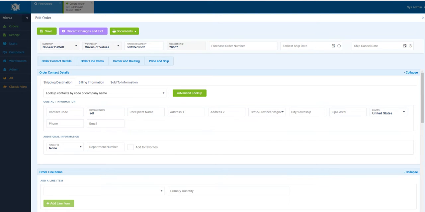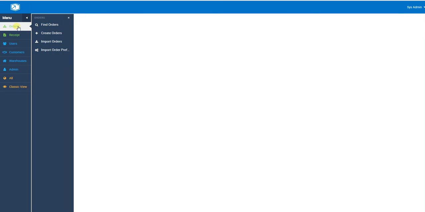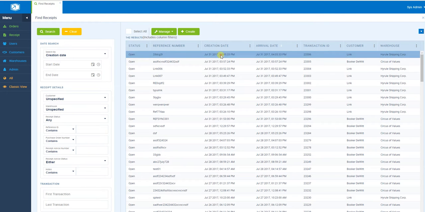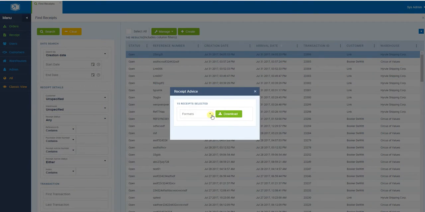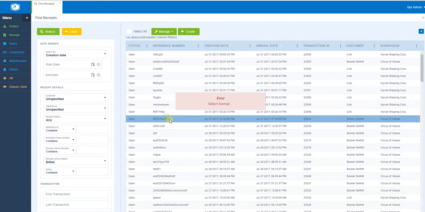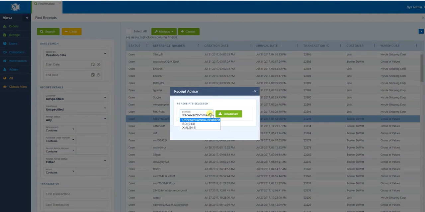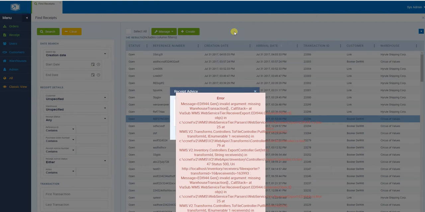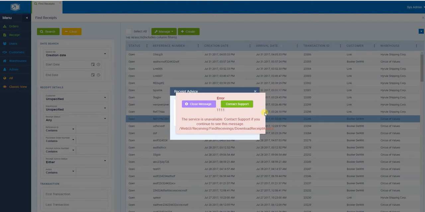So I'm trying to get rid of that. Yes, correct. But when we do get an error, I think if we do on receipts, we can do find receipts. I think receipt advice, we can do it. APIs, inventory. Okay, let's find one that's got one. Here. So we have that error. Okay. So this kind of error message thing, I think we want to do similar to that kind of are you sure